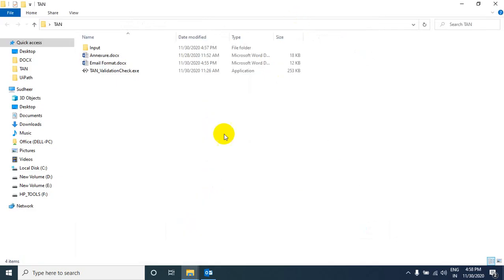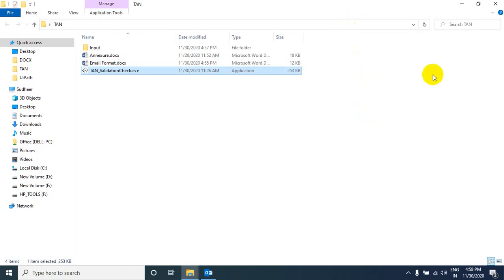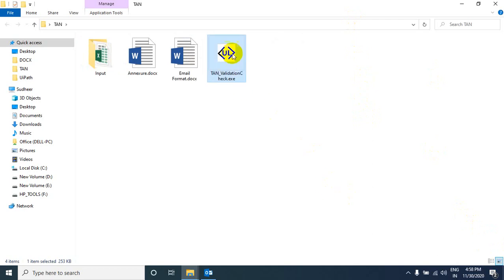So today the use case is like this. Here you are seeing the TAN folder. Inside the TAN folder there is a TANValidationCheck.exe. This is a legacy application, a Windows application. So the robot has to use these files. First of all, the robot has to